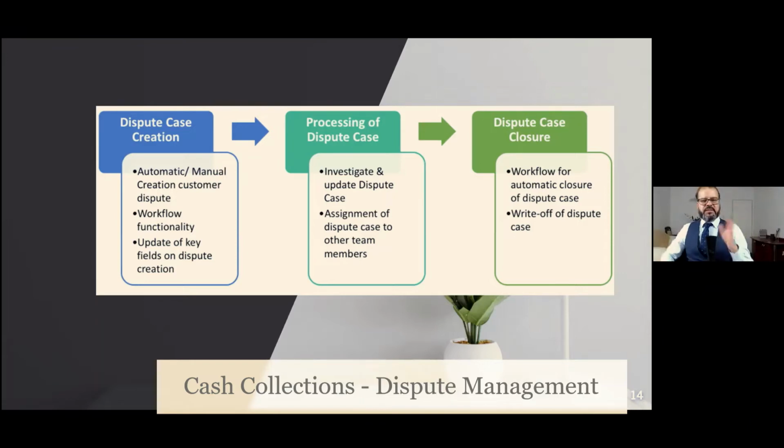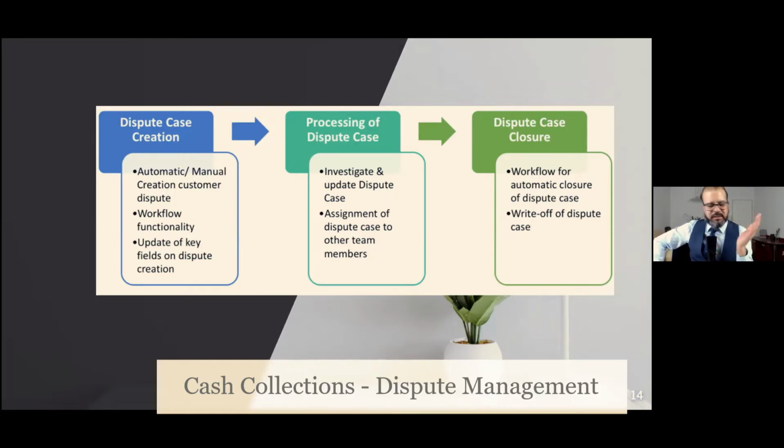Then comes the processing of the dispute case. That is investigation and updating the dispute case, which means that you continuously follow up with the dispute resolver, and you pass through the whole process of getting feedback as well, on what the problem really is. It's possible that the dispute is not valid at all. So with this probing, I always advocate to the collectors the 5 whys: at least 5 times ask why it is like this, why we couldn't fix it, why we have a wrong invoice price, why we have a